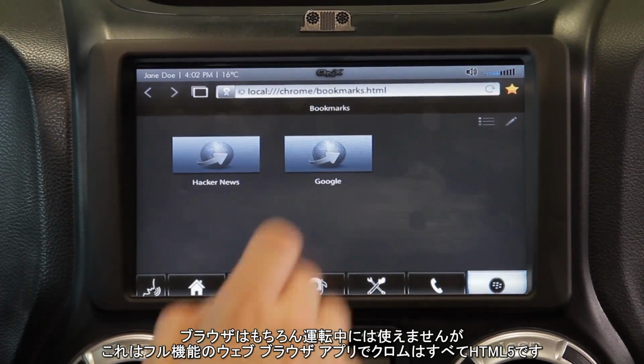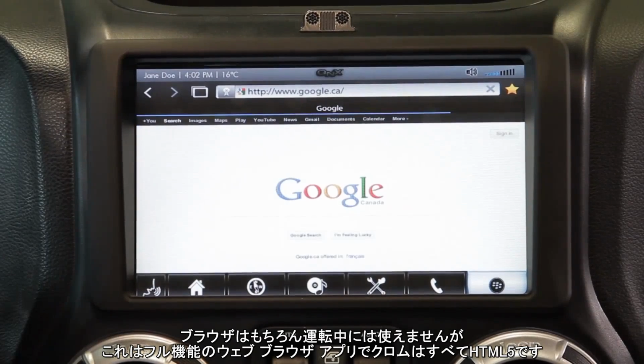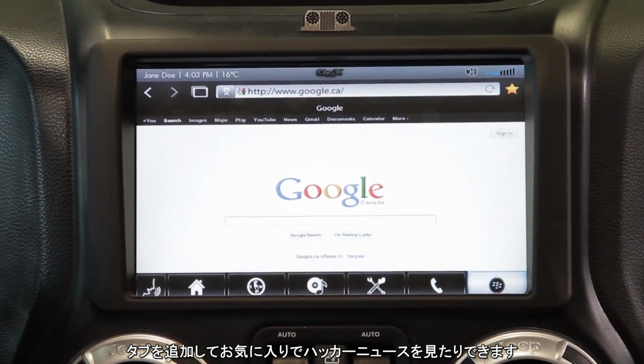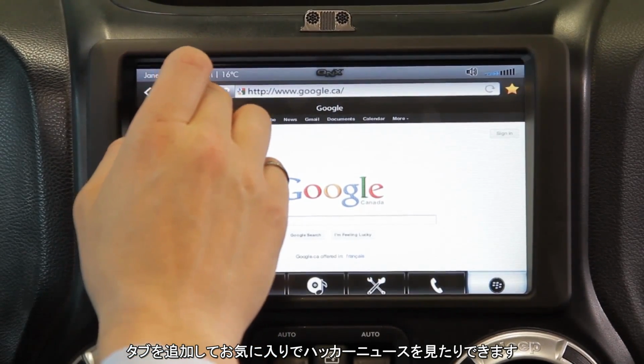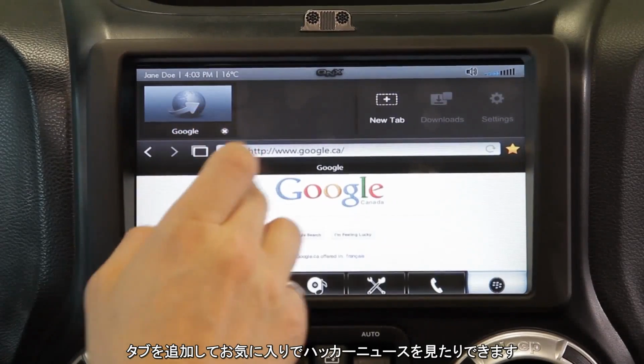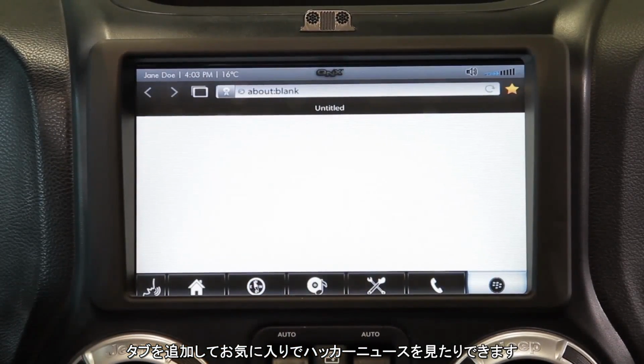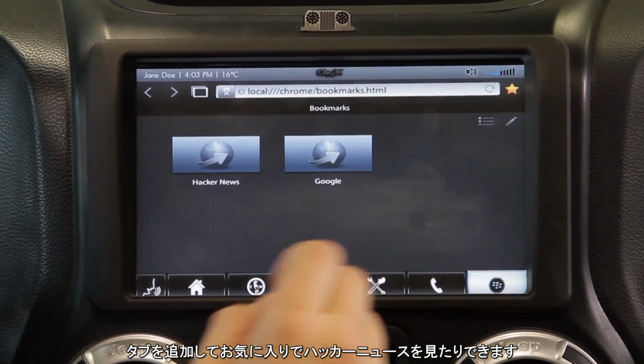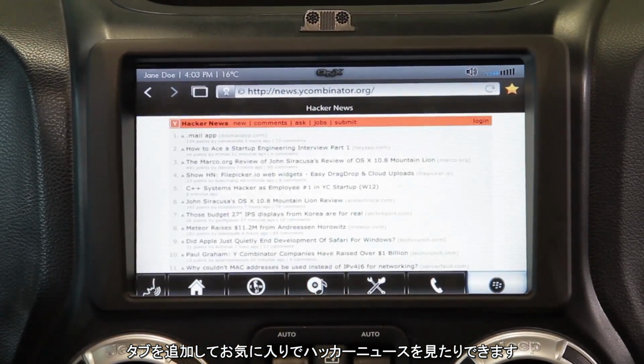So this is a browser. Of course this is not for when you're driving, but when the car is parked. But here is a full web browser application. And the really interesting thing about this is that the full Chrome for the browser is actually all done in HTML5. So here we're adding in a new tab, going to our favorites, go to Hacker News, and take a